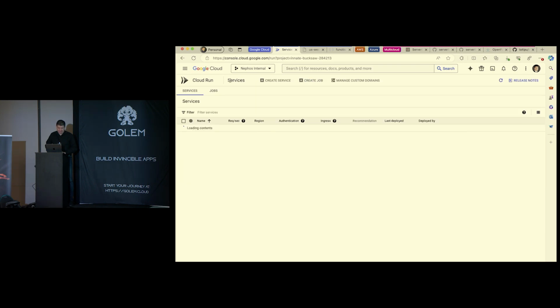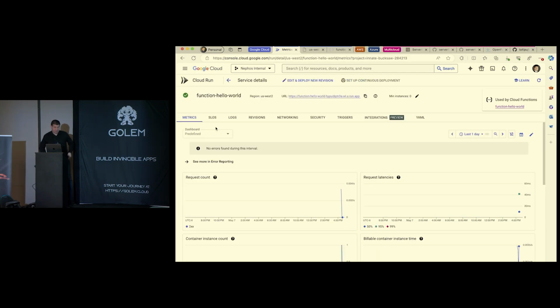This is a typical function. As you can see, it's actually running on Cloud Run. So it is a cloud function in Google, and it automatically gives you some metrics. You've probably seen some of the serverless platforms that mostly remind me, at least, of one another. So if I go to this particular endpoint,